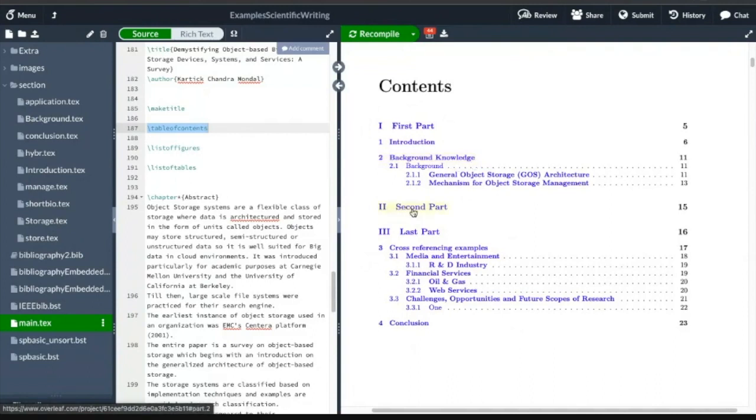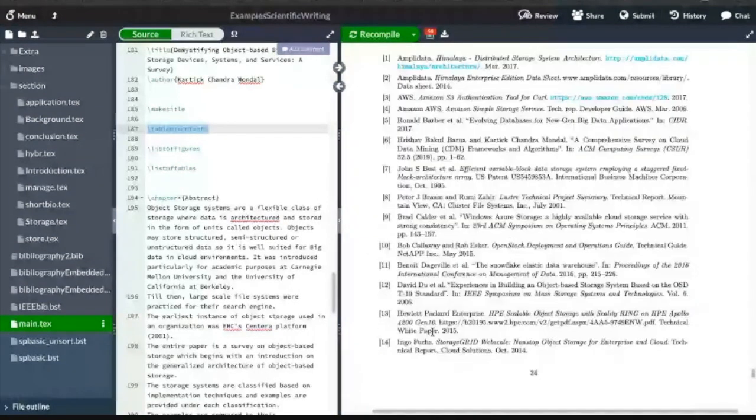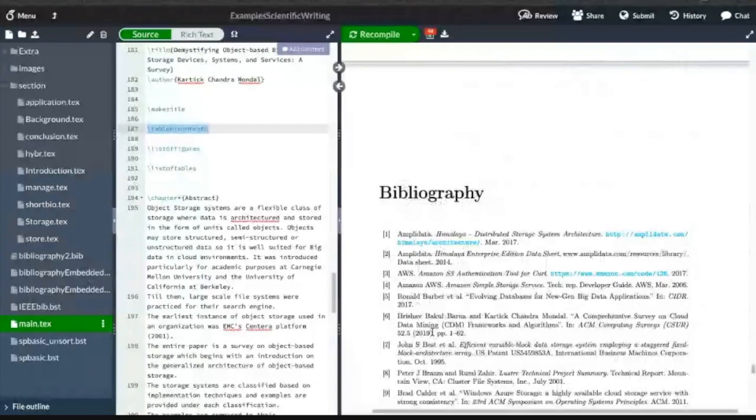Inside the second part, you have nothing. Actually, the components have been commented, and then in the third part you have cross referencing examples, and the fourth chapter, that is conclusion. Bibliography is present, and it is given like this. Okay, so